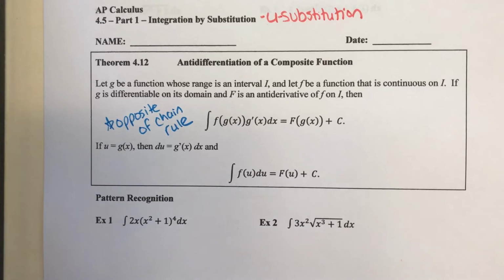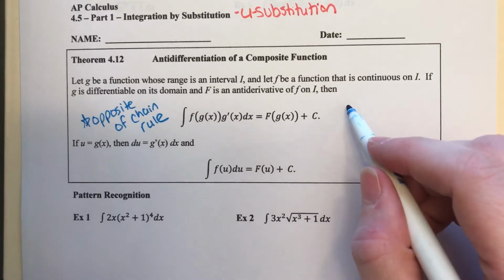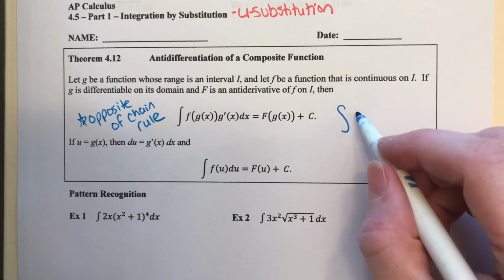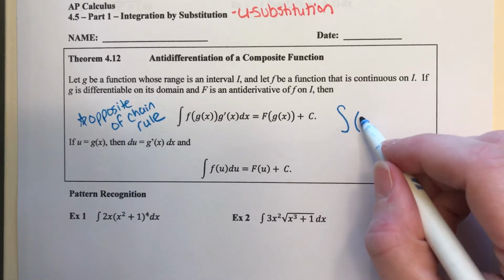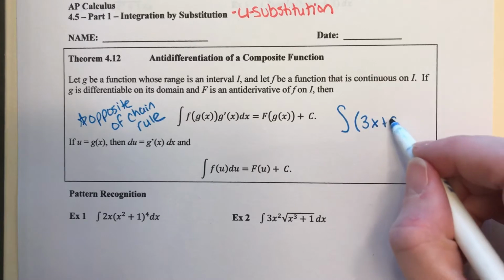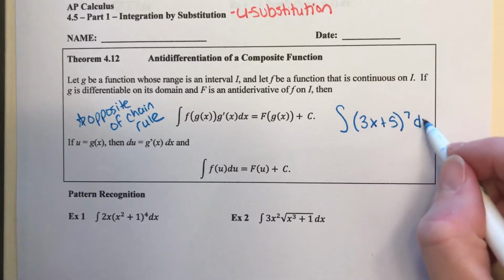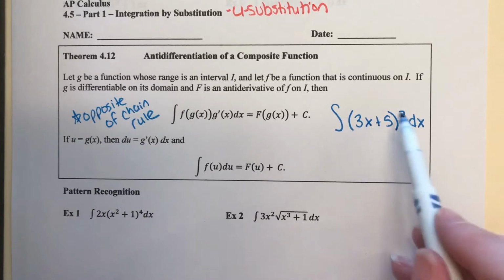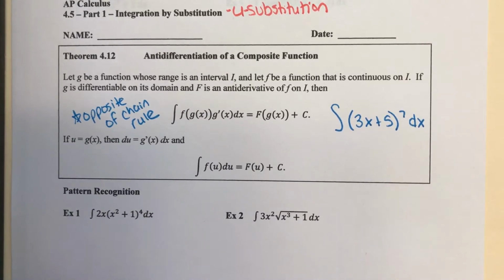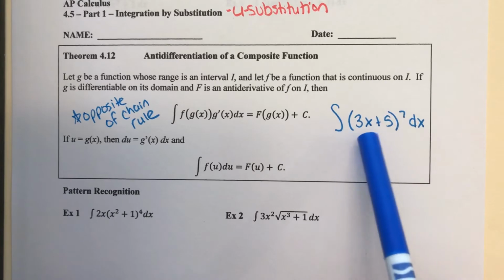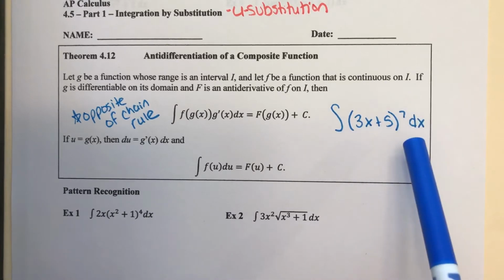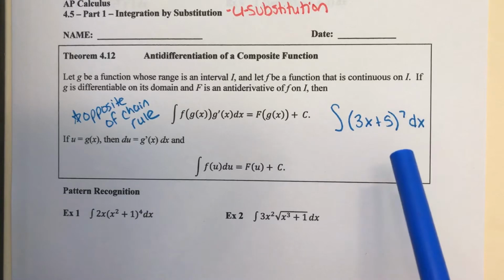So what you want to work on is looking at a function and determining if you can just take the integral or if you have to do a U substitution. So for example, let's say we have the integral of (3x plus 5) to the 7th power dx. Now, in order to take an integral like we know already, we would have to first separate this. Which means I'd have to FOIL this 7 times, do a whole lot of distributing, combining like terms, and